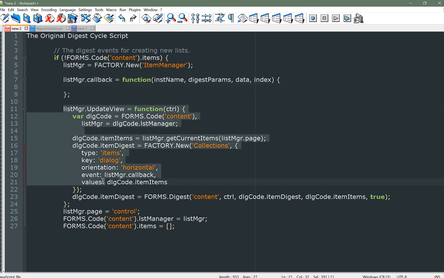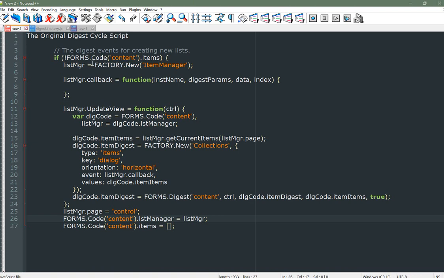And then this is the list view manager, which is nothing more than a series of the collections factory and the items already displayed or the items about to be displayed in the view. It calls a digest function, which does the work. An instance of this list manager is usually stored on the code object of the dialog that it runs. So when this is applied to any dialog, you basically have a digest cycle where you can now push items into an array and watch them appear in lists. It's a pretty simple piece of code,